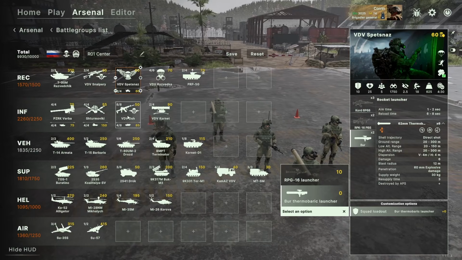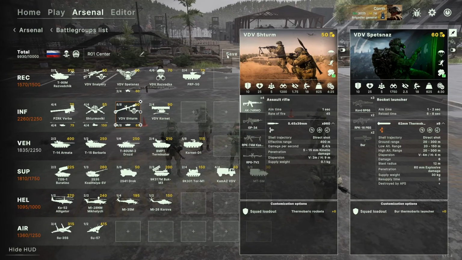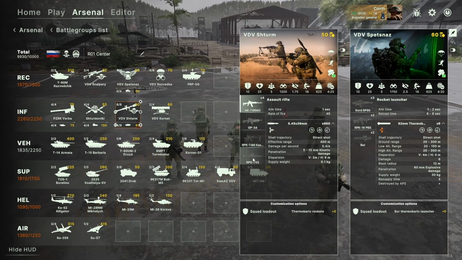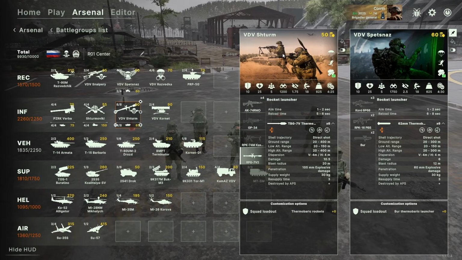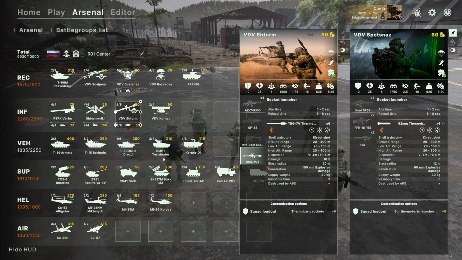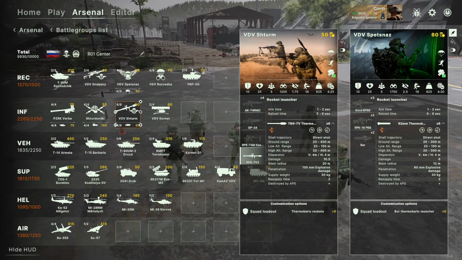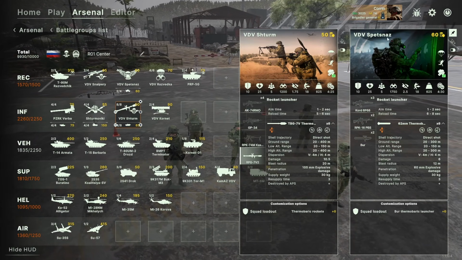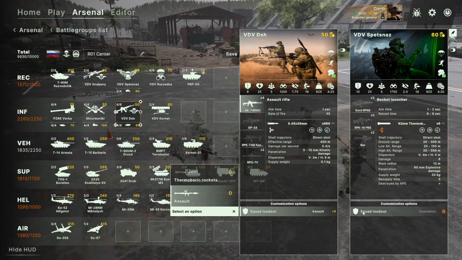It's actually much better than the VDV Sturm itself. But they also have a lower availability. But to be honest, this is not the deck that is really great for forced fighting. But even if you're forced to do it like I did that match, then I would run a combination of either this or this. You pick one of the two, and depending on which one,